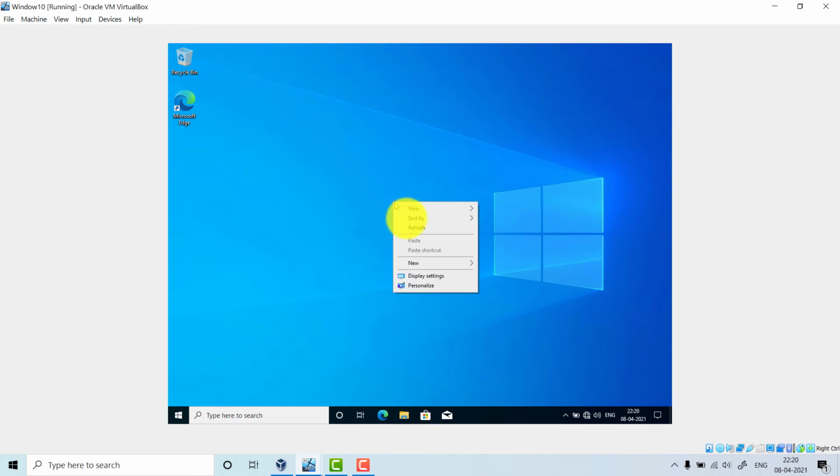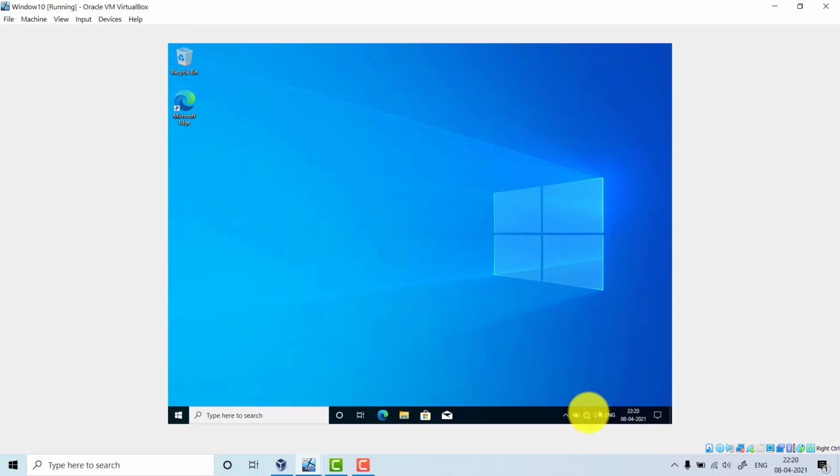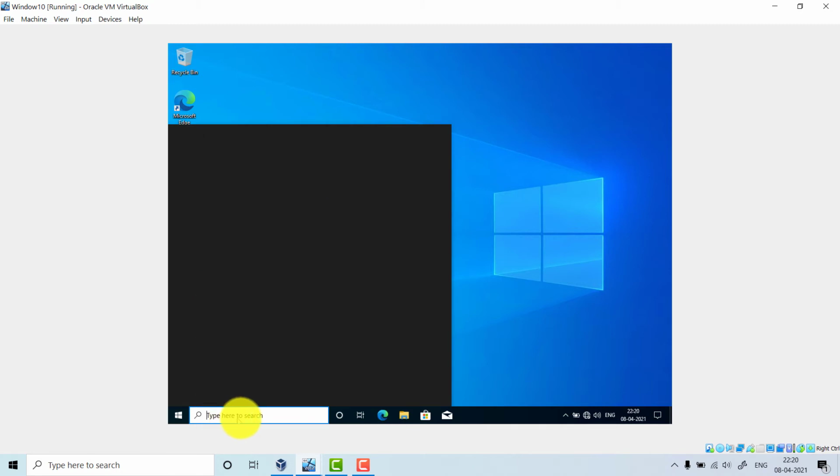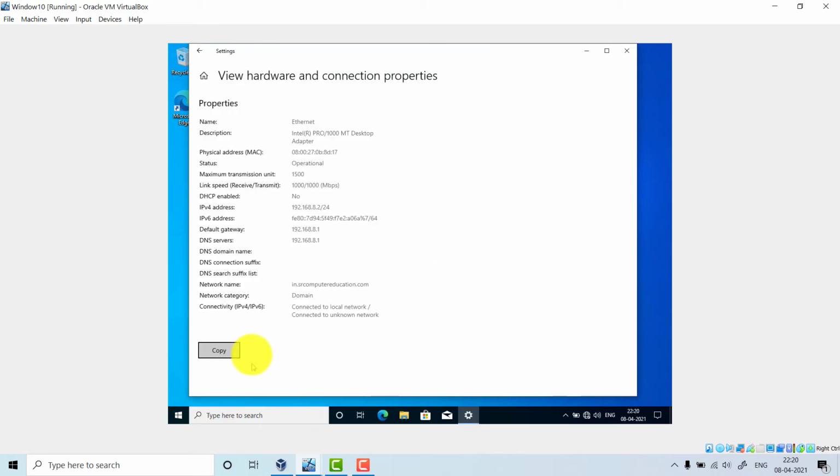For that, you have to go to control panel, network and settings, and check the IP address part.